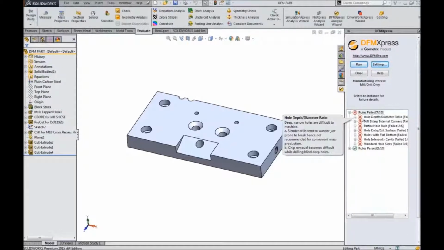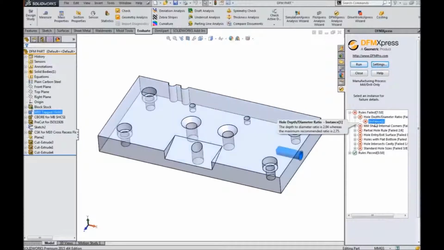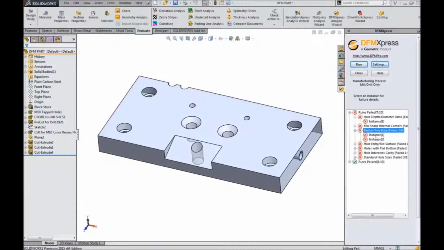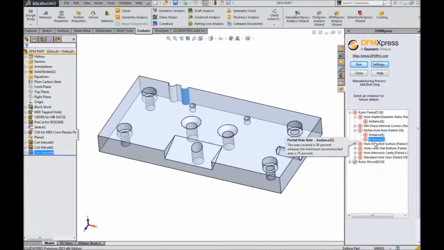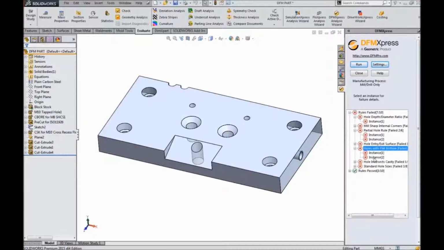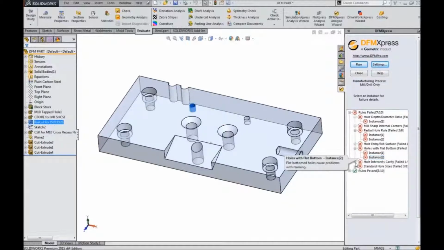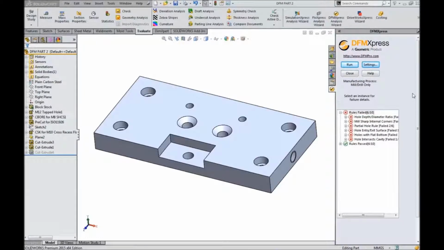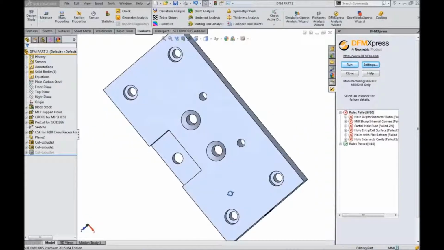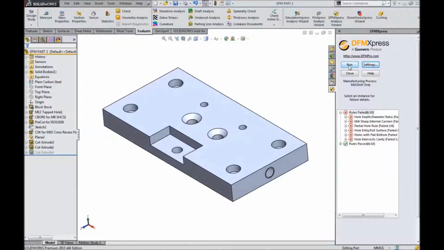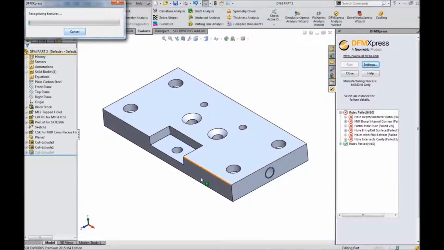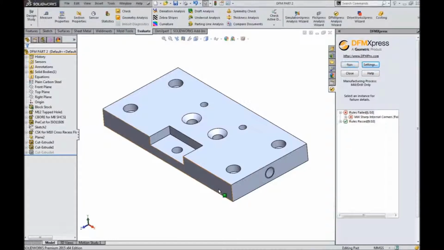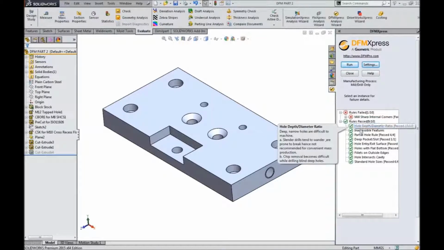Users can easily find the failed rules and select the failed instances. By changing the necessary inputs based on the machining process and modifying the part, these failed instances can be rectified to obtain the exact product. You can witness the updation of results with all the drill rules passed.